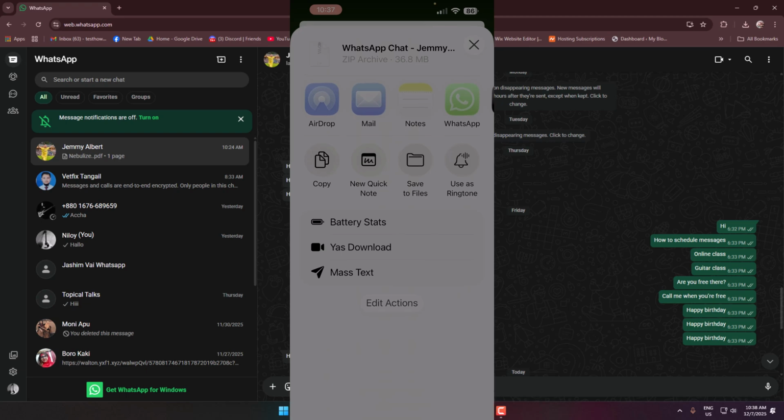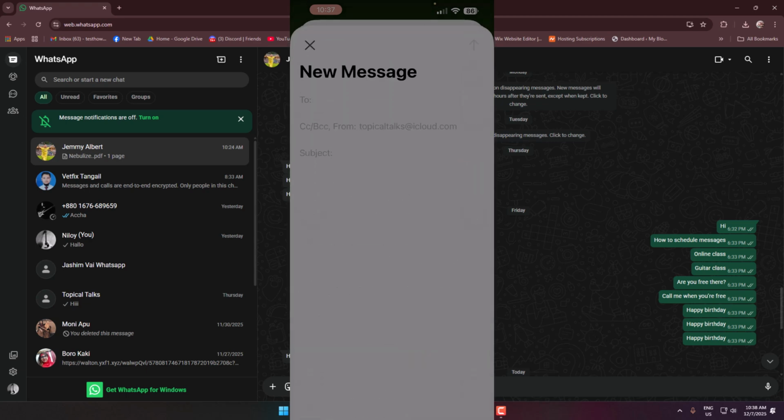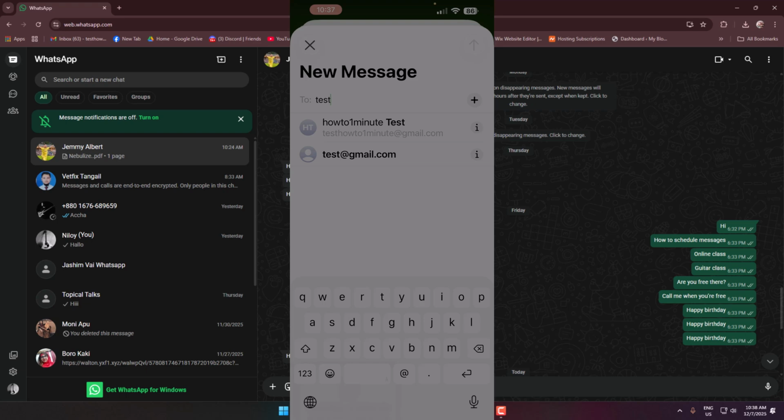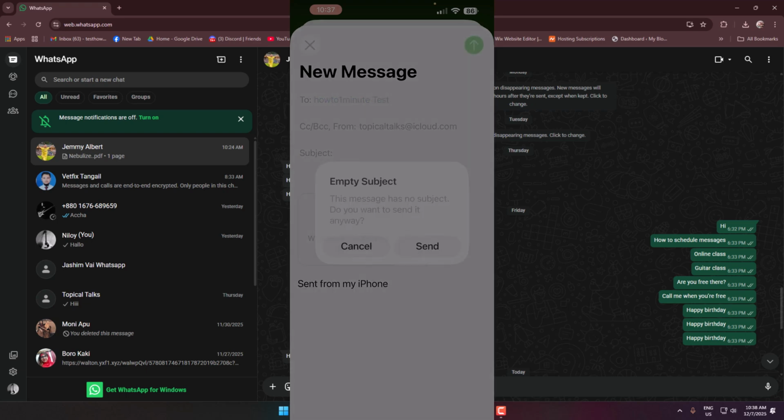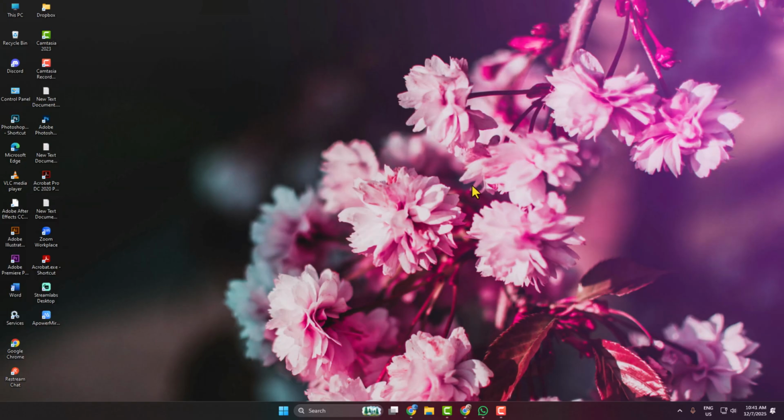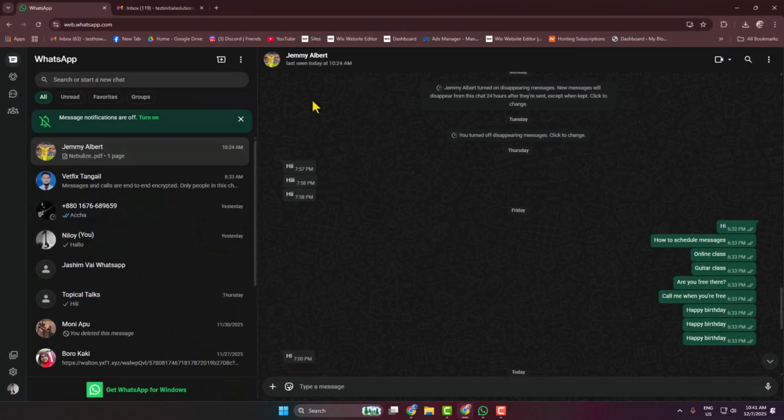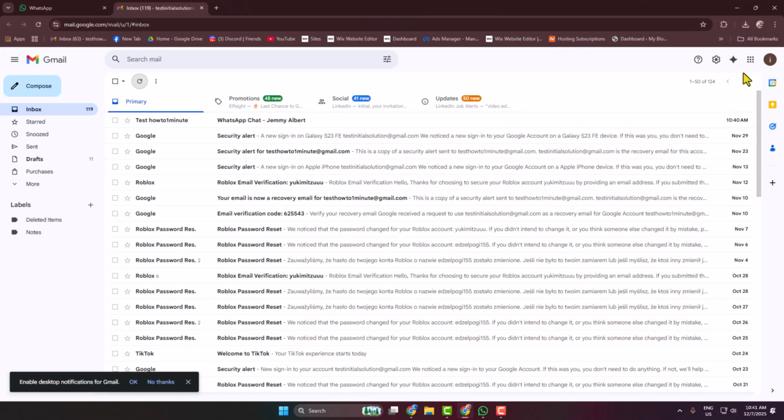Now we have to share the file to our computer. So select here the mail option. And now in this To field, we have to add our computer email address. So just go ahead and add your computer email address and send the mail. Once the mail is successfully sent, on your computer, go to your browser and just open the Gmail and make